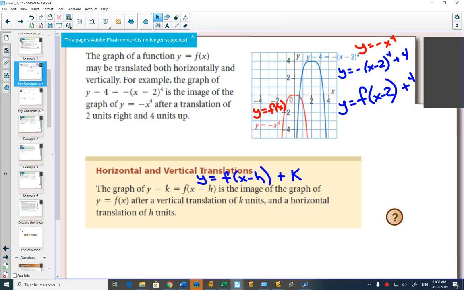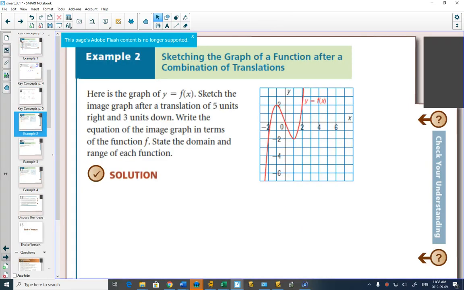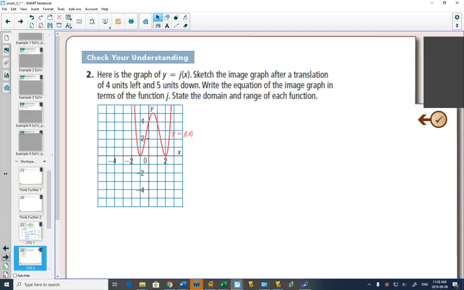So now we can go to our second example. It's given to us in function notation, j of x. We don't know what the equation of this actual graph is yet. Sketch the image of the graph after translation of 4 units left and 5 units down. Write the equation in terms of the function j and state the domain and range of each, the original one